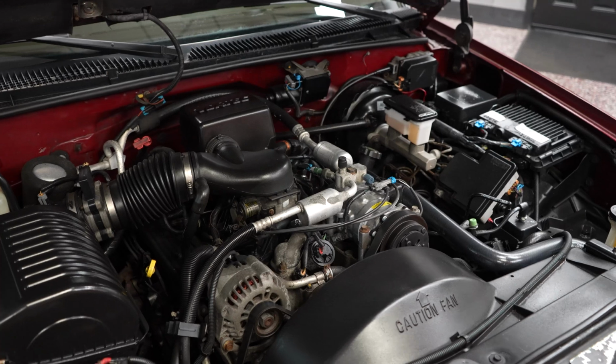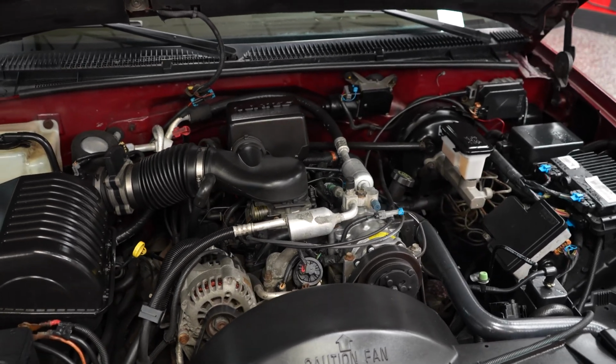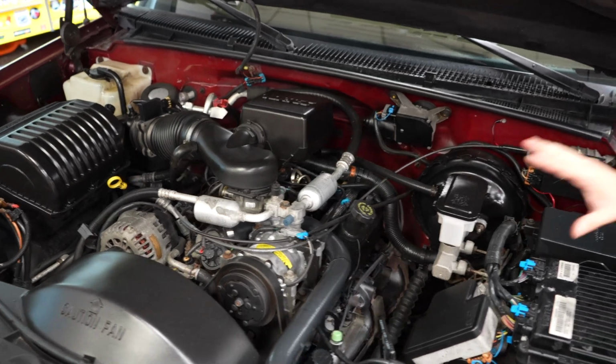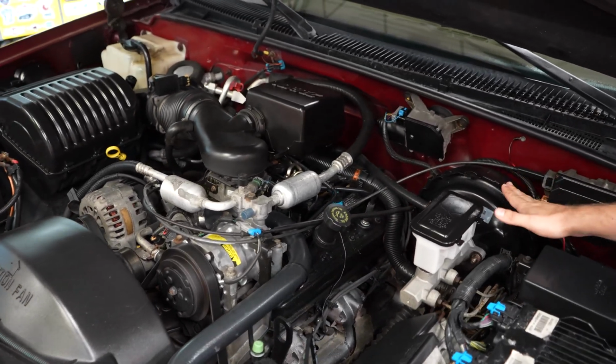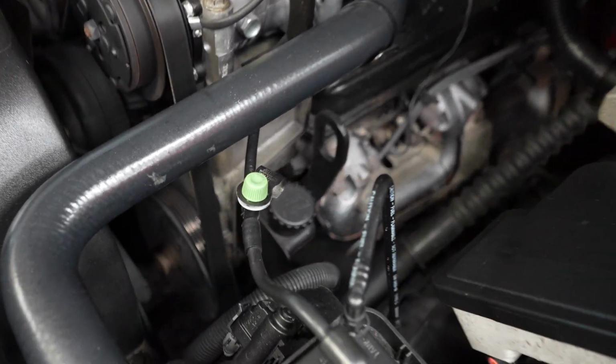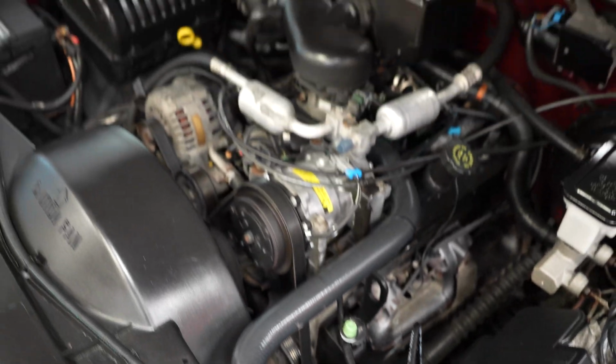Let's get started. It's a 1999 Chevrolet Suburban. We got the 5.7 under the hood, 350 small block. Mostly original, with some tasteful modifications to the exterior and suspension, but as far as the engine bay is concerned, we have power brakes right here. On the accessory drive, we have power steering, and then right above that, of course, we have our AC compressor,